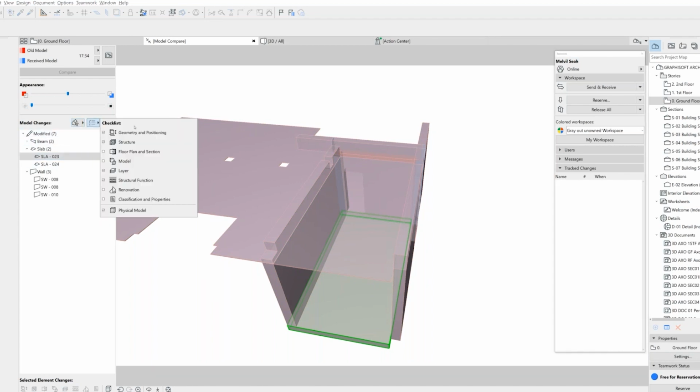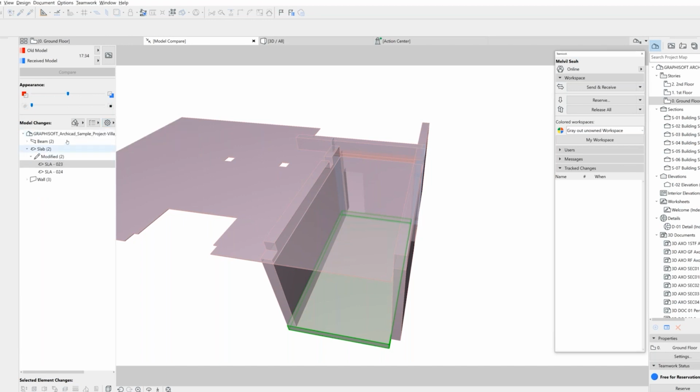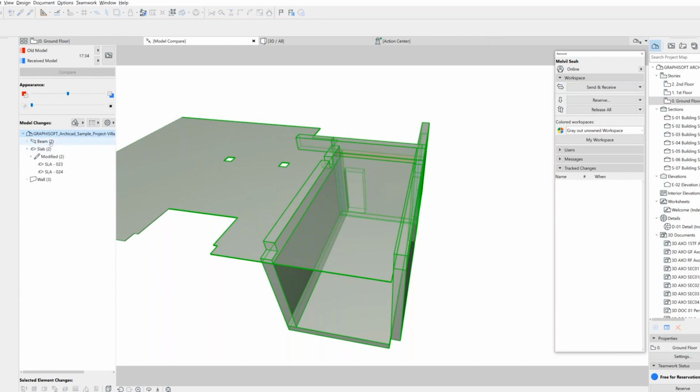Next to it, this is for you to set which parameter sets you would like to see for the model change, and you can also set the settings on how you want to view your changes. I can put the source, and I can also shift the source to be the first one and the tool to be the second one. If I select this, now you'll see that the changes are in this teamwork project, which tool it is, and you can see it is the BIM tool, and what has been modified.